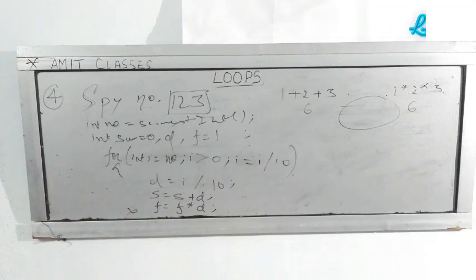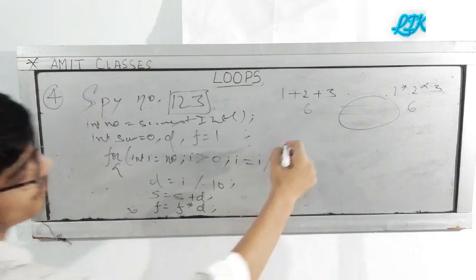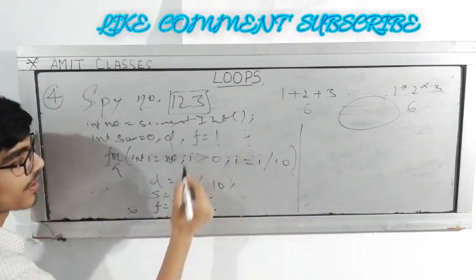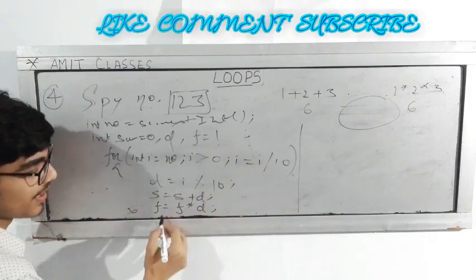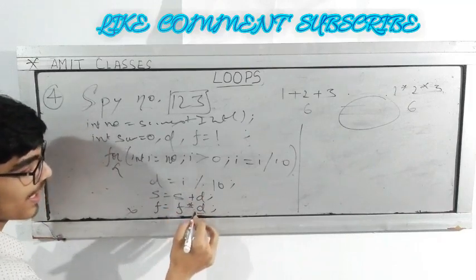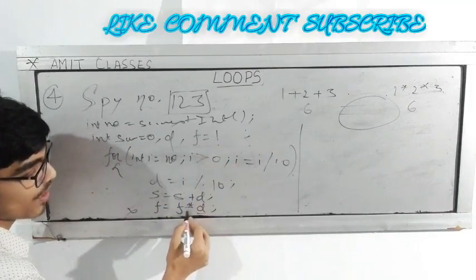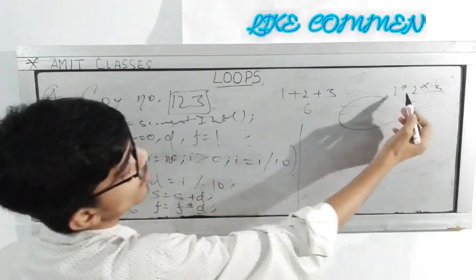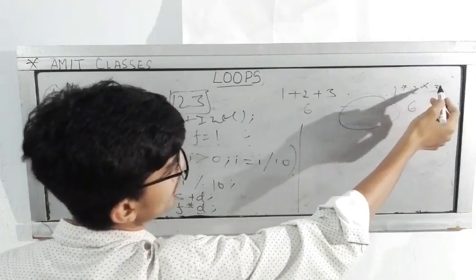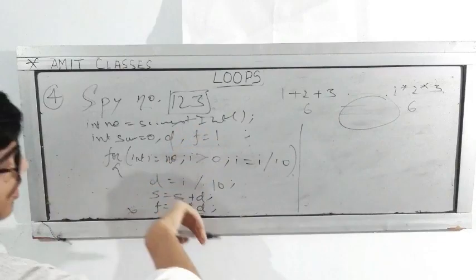Now till here it would be clear that we have to find if number is equal to number, we have to find the sum and product of the number. Now here we have taken f as 1, because if we would have taken it 0, then 0 will be multiplied with any number and it will give outcome 0. So we don't want that. For this we have taken f is equal to 1, and 1 into d means 1 into 2, 1 into 1, again 1 into 2, and again 2 into 3. So now we have done till here.